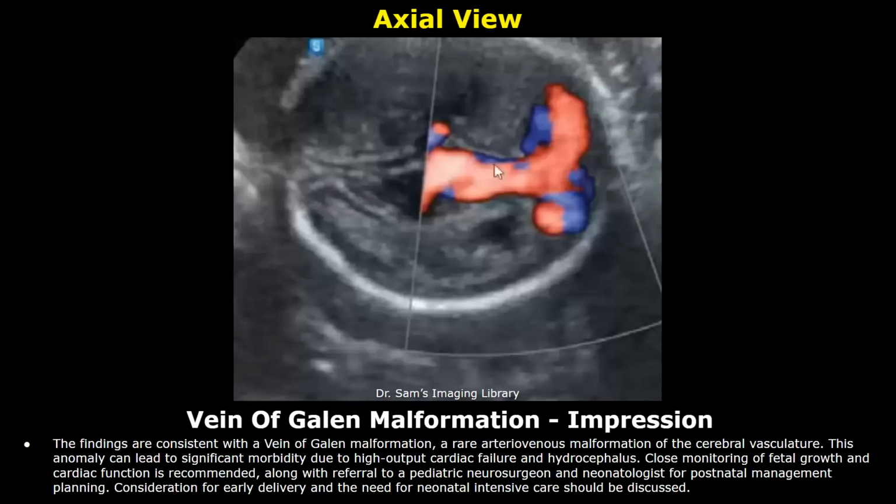Here is the impression. The findings are consistent with a vein of Galen malformation, a rare arteriovenous malformation of the cerebral vasculature. This anomaly can lead to significant morbidity due to high output cardiac failure and hydrocephalus. Close monitoring of fetal growth and cardiac function is recommended,